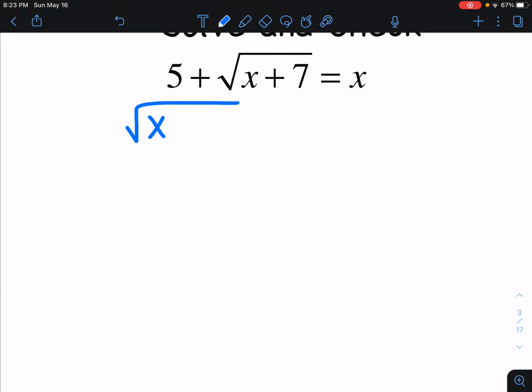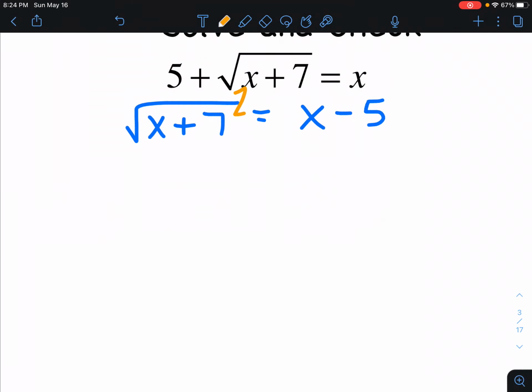Sorry, I meant to say subtract 5. We're moving the 5 over to the right. So subtract 5 and we'll have x minus 5. Please don't subtract them. They're not like terms. Then after that, we want to get rid of the radical. So we are going to